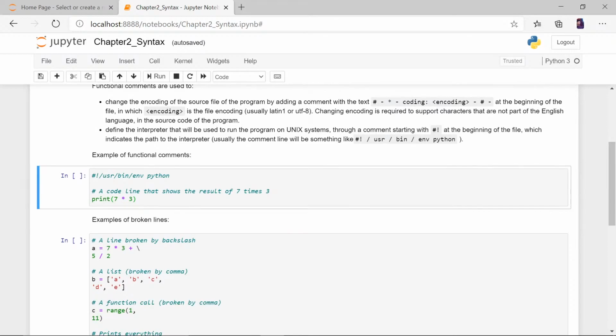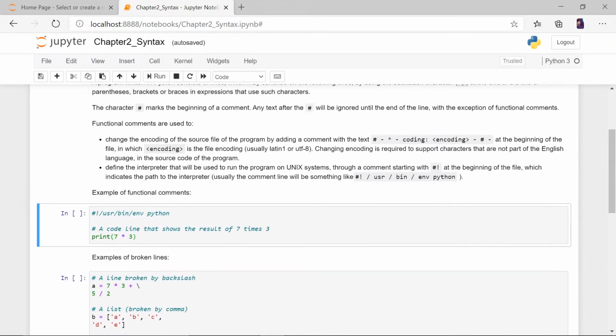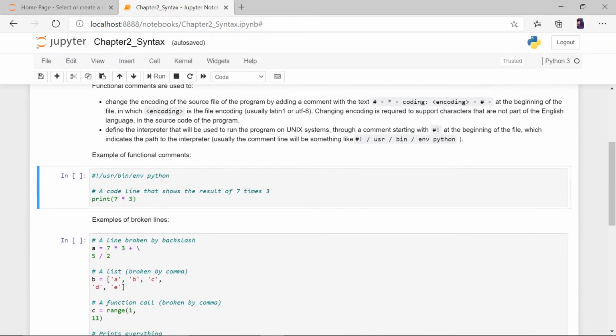So on that part, syntax. If you put a hashtag anywhere, this is a technical terminology, and this line tells the person what this code does.